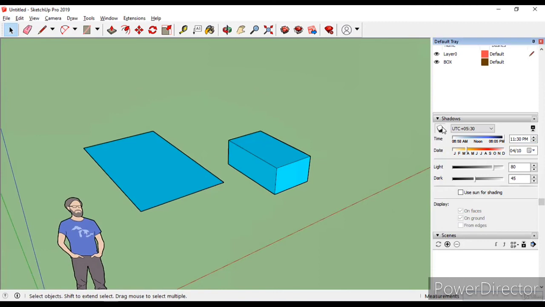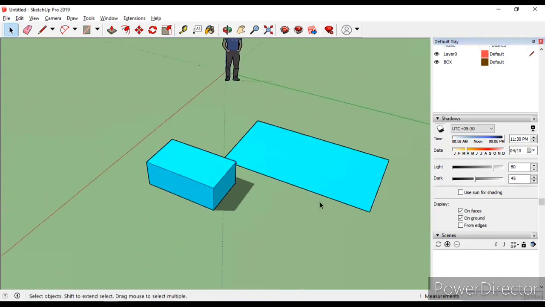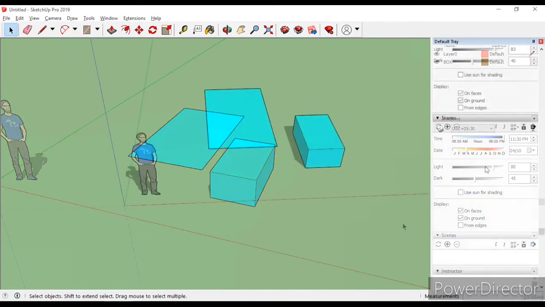So we have shadow right now at particular moment of time and with a particular date.